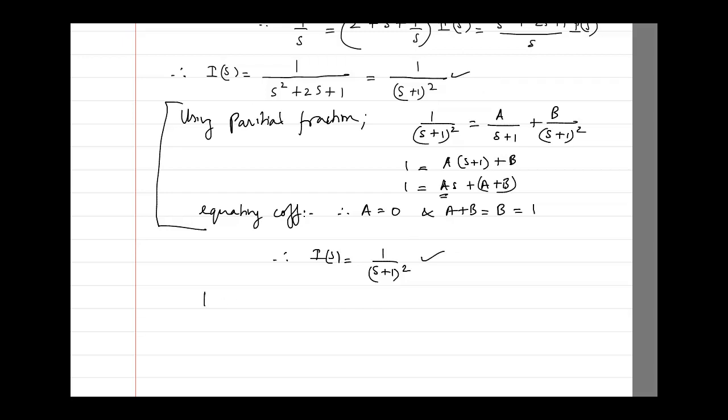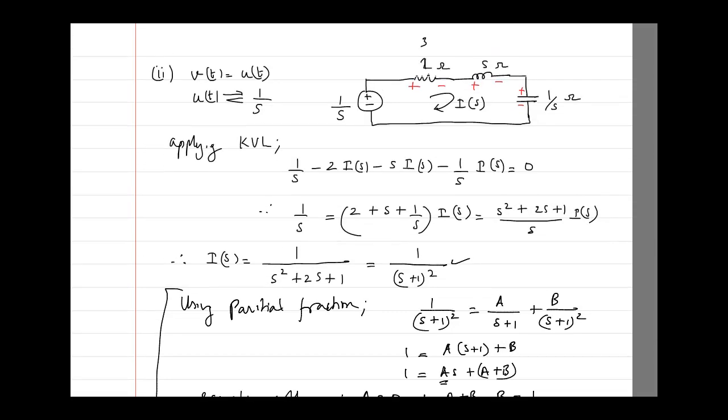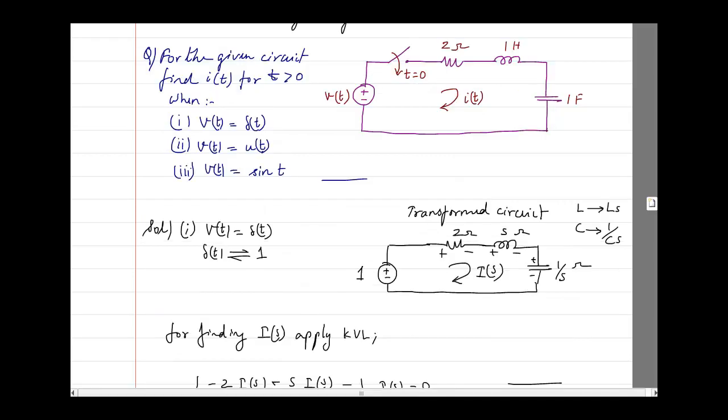And again, you can take the inverse Laplace transform. So by inverse Laplace transform, what I get is I of t is t into e raised to power minus t u of t for t greater than 0. So this is what is going to be the response, or the current that is going to flow when you are having a step. When is it step? When it's continuous. The previous case we had was for the case of impulse, that was delta t. This is u of t.